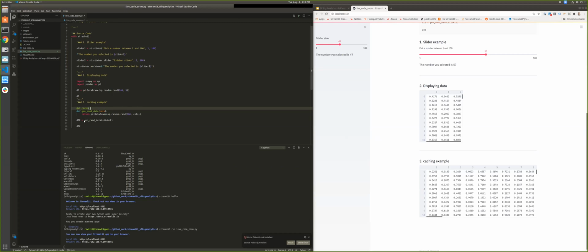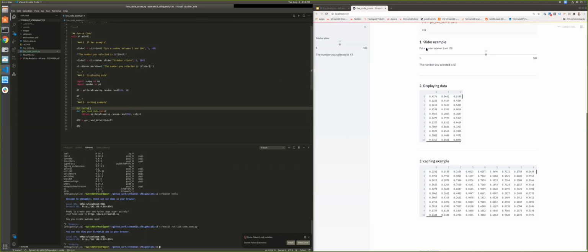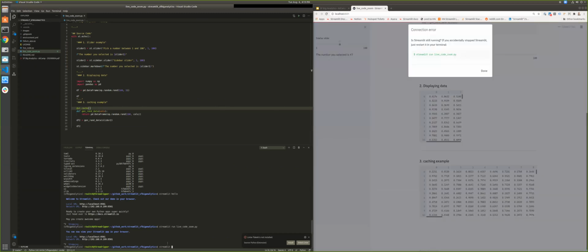Since we're running out of time, I'm just going to briefly go to another demo, not explain it very well, but just kind of show you something new that came out with Streamlit 0.63. So for our July release, we released a framework for allowing users to create their own components. And